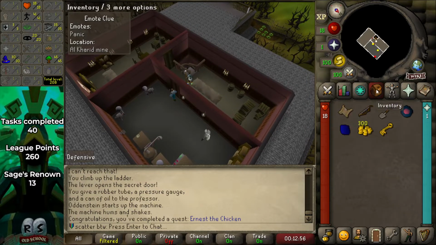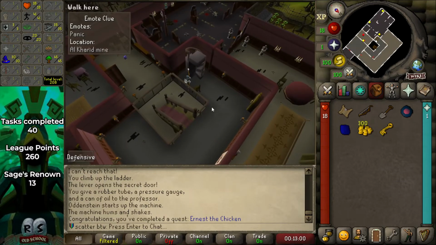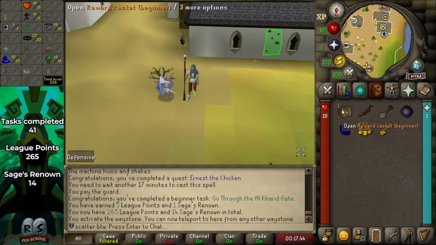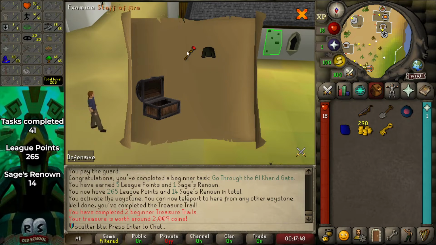There was a task for entering the manor, so we did get a little bit of progress there, but we did also get the next clue scroll, so that's really what we came here for. Okay, beginner casket number 2, probably of 2. That's actually really, really good for us because the staff of fire,